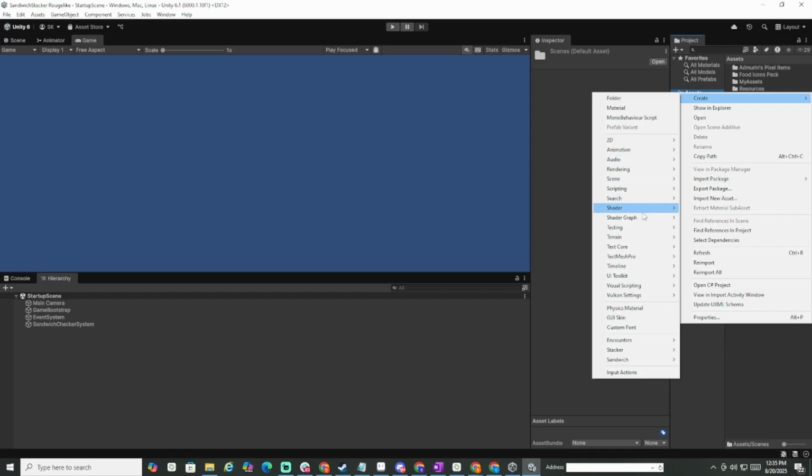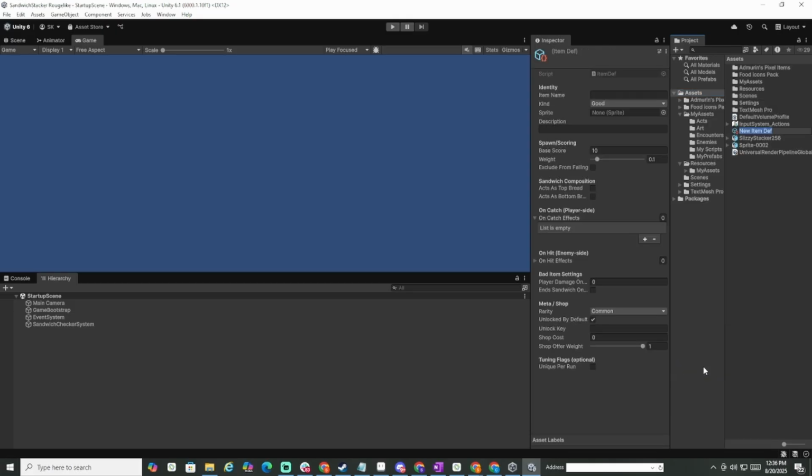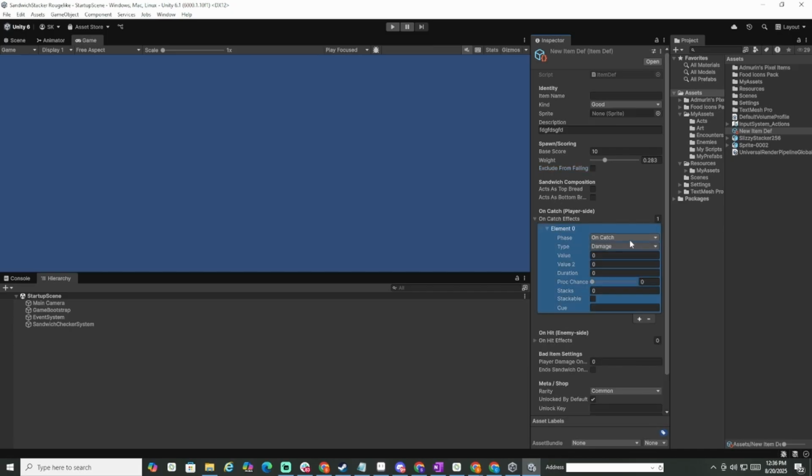Scripts are not only things that you attach to objects and they do certain things. There are static scripts that work in conjunction with other scripts. There are scriptable objects, and that's one of the things I wanted to talk about today. So as you can see in the project window, I'm trying to add an item, and there are some new items like encounters, acts, and items. These are scripts that I made for my game to add specific things. Right now I'm adding a new item to my game. In my sandwich stacker game, I want to add about 100 different base items, and that can take a long time. But with this script I've made that has made these items scriptable objects,